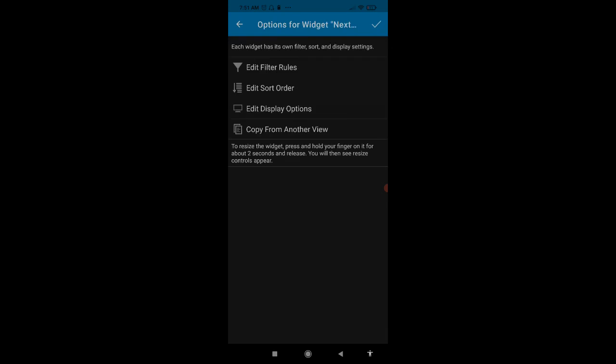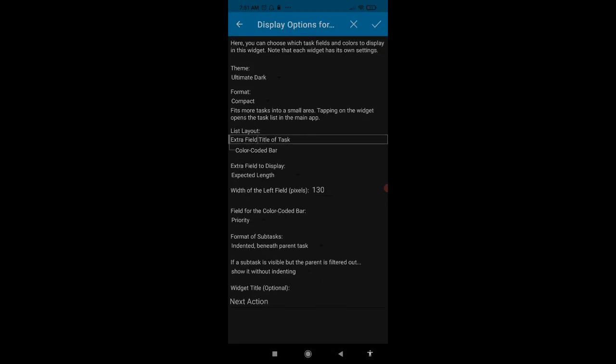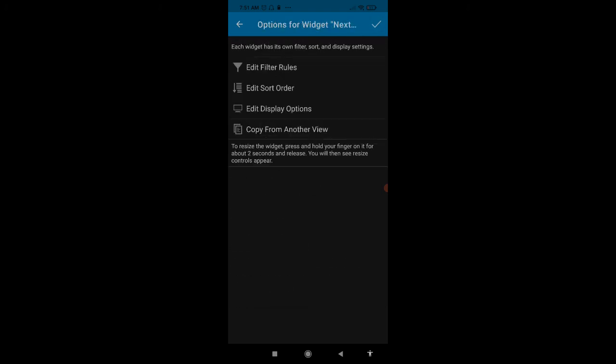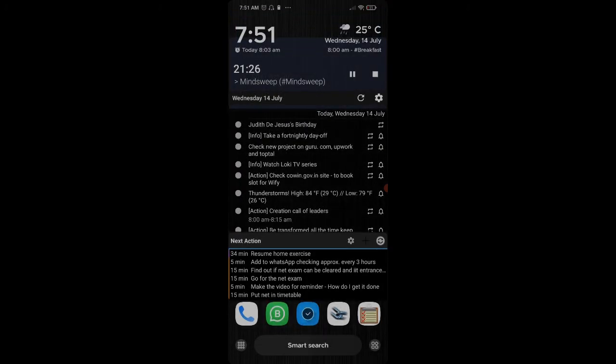Then another thing over here I'd like to show you is next action. If I click on this next action, these are the rules that I can pick and choose sorting order for my to-do list. I can have rules for to-do list. So these are the rules that I've set. This is the sorting order that I have for the to-do list. How should it be displayed is being